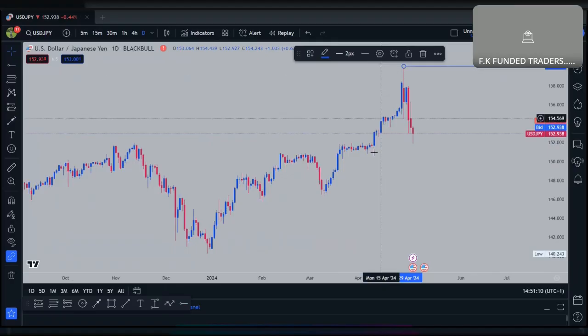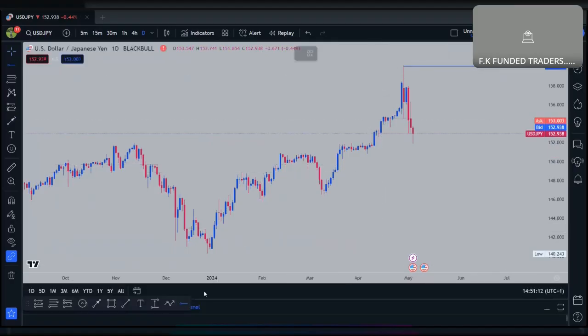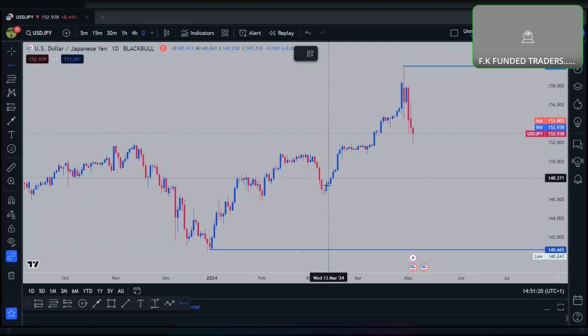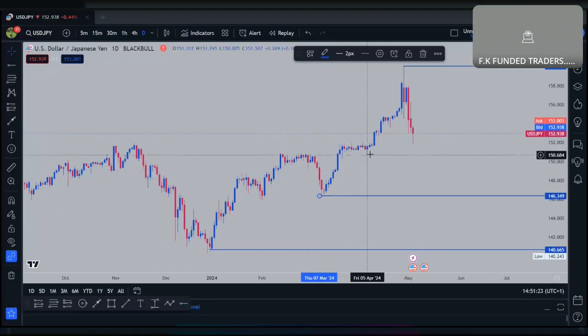We have to anticipate where we should expect to take some trades from the market. Let me hope everyone is following. You mark the highest and the lowest according to this day time frame. The lowest is somewhere very far, and the nearest low is also very far. So we shall have to play around this area.